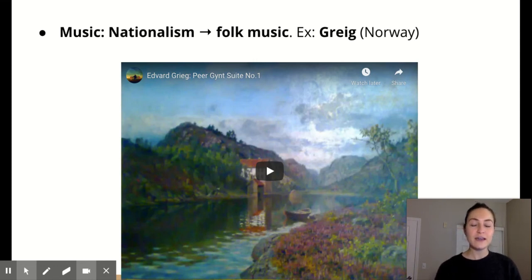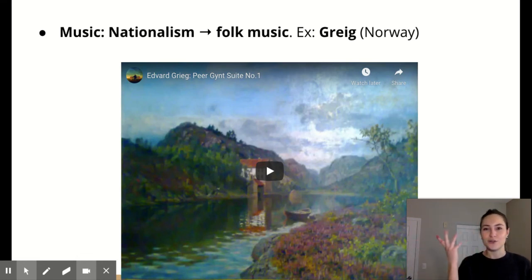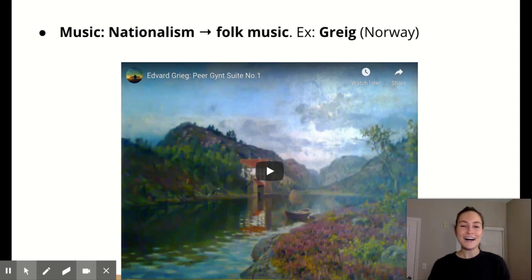For instance, Edvard Grieg composes this piece called the Peer Gynt Suite No. 1. You've definitely heard this, like in movies, or it's just very out there. I think in culture, it's super famous. Listen to it on your own; you'll recognize it right away, I think. He develops music that is very clearly Norwegian folk music, but it's being put onto a larger stage. It's not just being played at your local town hall or pub or whatever. This is music that's played in the symphony.